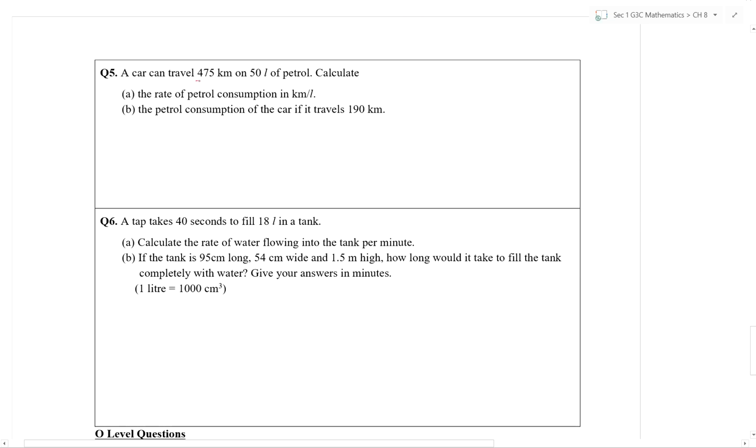So a car can travel 475 km on 50 liters of petrol. So they want to find out how much is the rate of petrol consumption in kilometers per liter. So in other words, how much can it travel per liter? So you can write down petrol consumption,